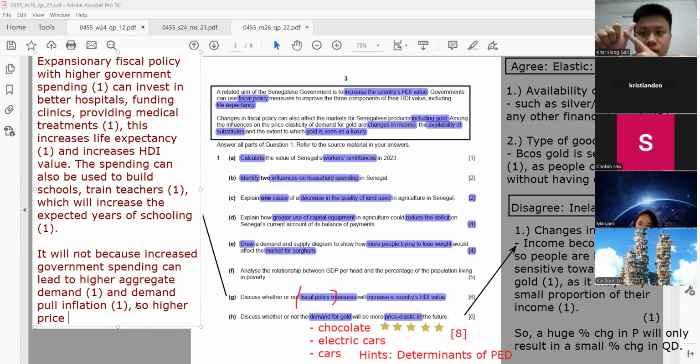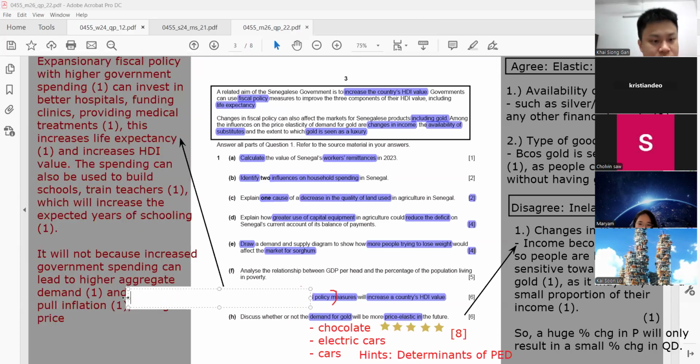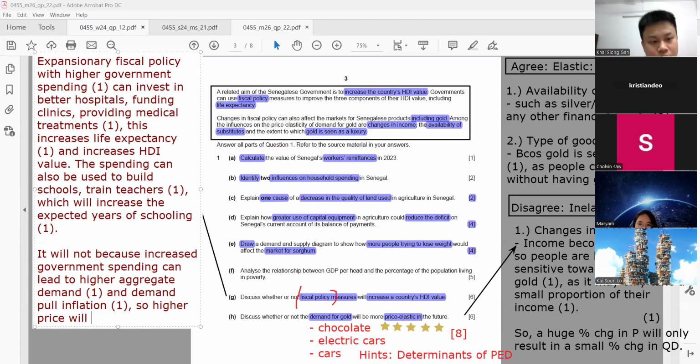The schooling, the education, the life aspect, the healthcare. One more. What is the another one? Living standards. Living standards, right? Yeah, living standards by looking into the total income of the people earned in the country. So yes, correct. You just write that. So higher price will reduce their living standards, or reducing their total income also can.